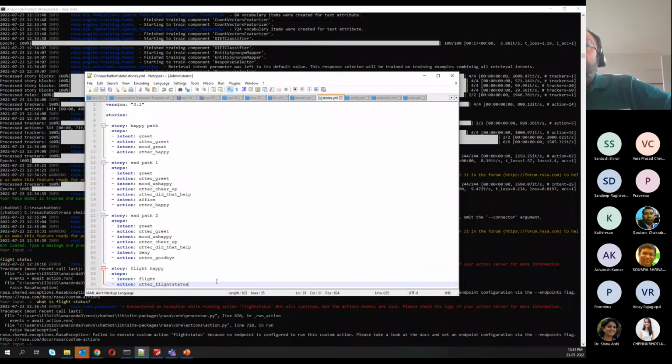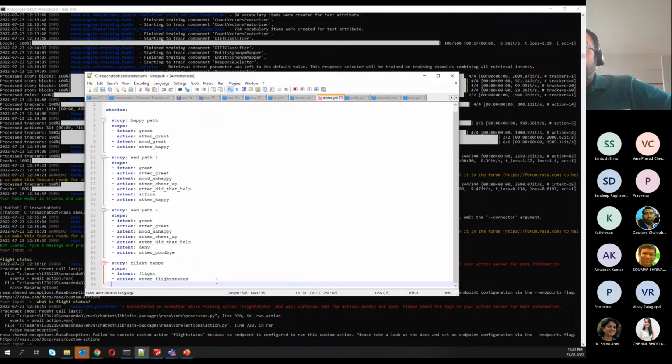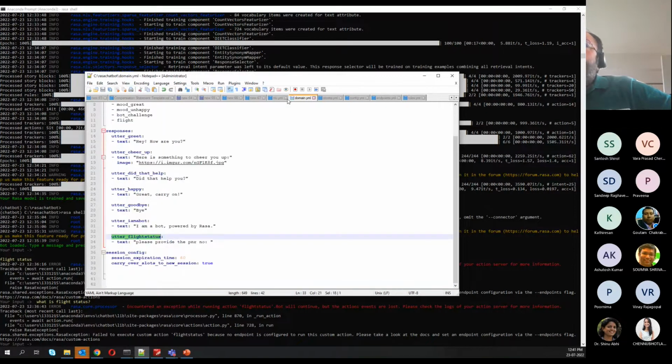Yeah, that's pretty much it. Now you can save all the files and run the model. Yeah, all are saved. I need to train first.